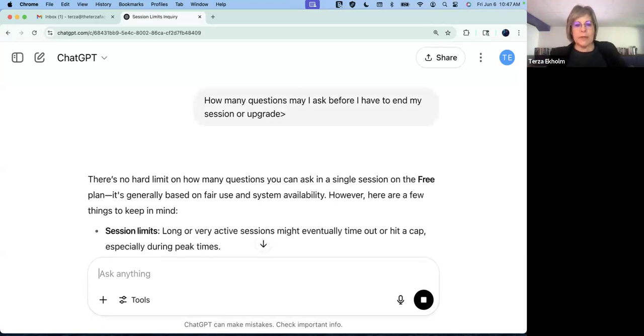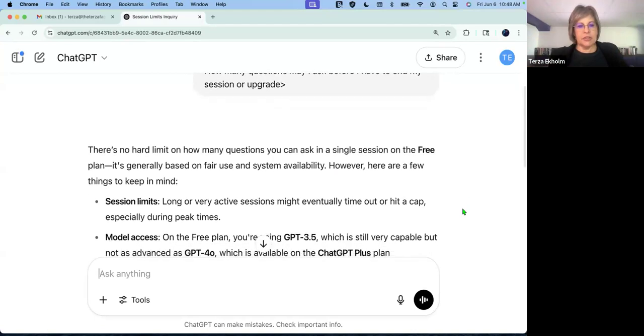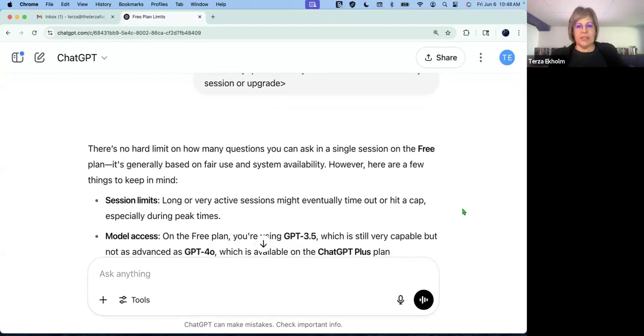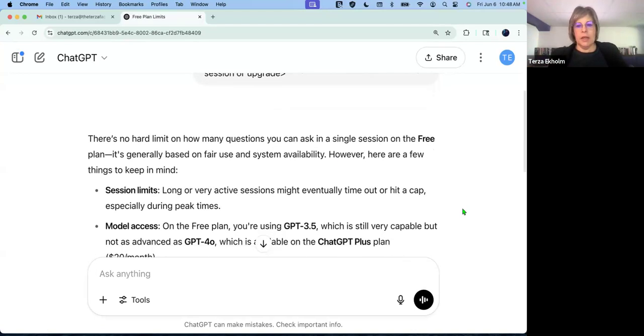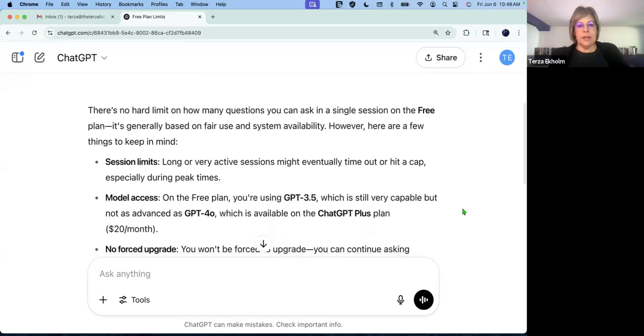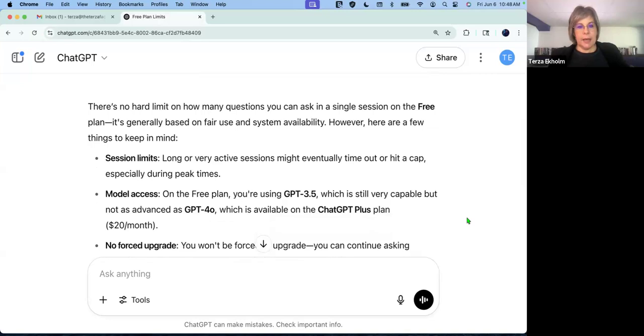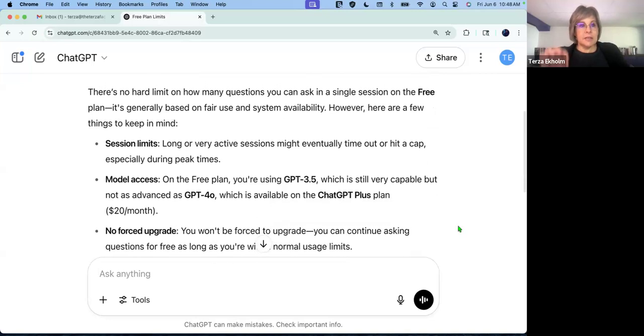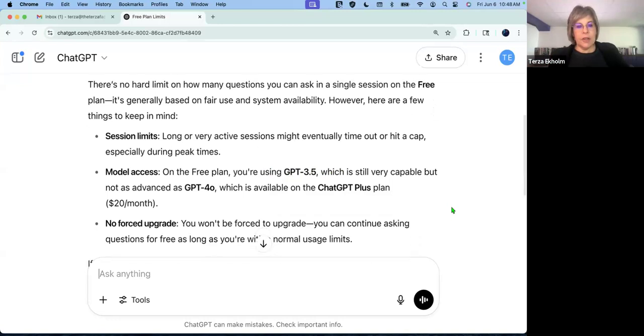Okay, there's no hard limit on how many questions you can ask in a single session on the free plan. It's generally based on fair use and system availability. However, keep a few things in mind. Long or very active sessions might eventually time out or hit a cap, especially during peak times. Model access, this being the free model. If you're using ChatGPT 3.5,